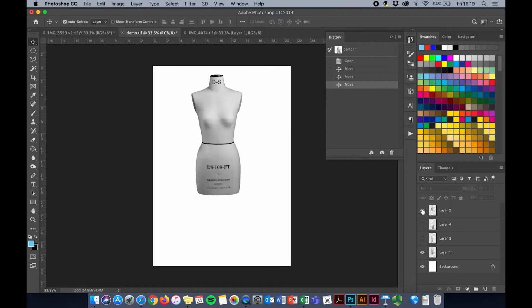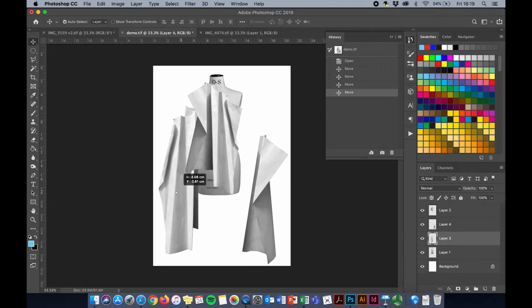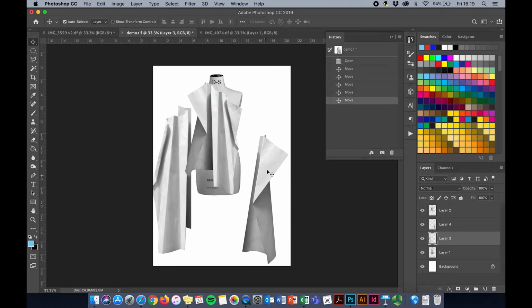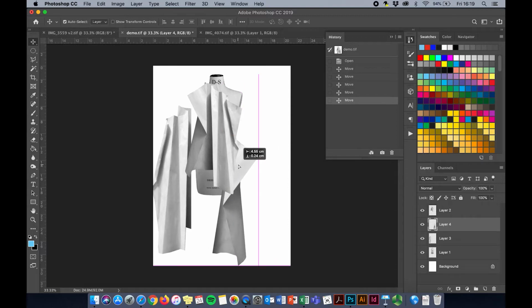Well, what we have here is a copied version of that piece of paper that's been superimposed and scaled down to fit approximately the torso of this mannequin. I've also taken another version of the same image and I've cut it in sections, and I have essentially placed it, inverted it, flipped it. So if you notice, this bit here is an invert, a flipped version of this section here, and it's been enlarged and it's just been placed and carefully hidden